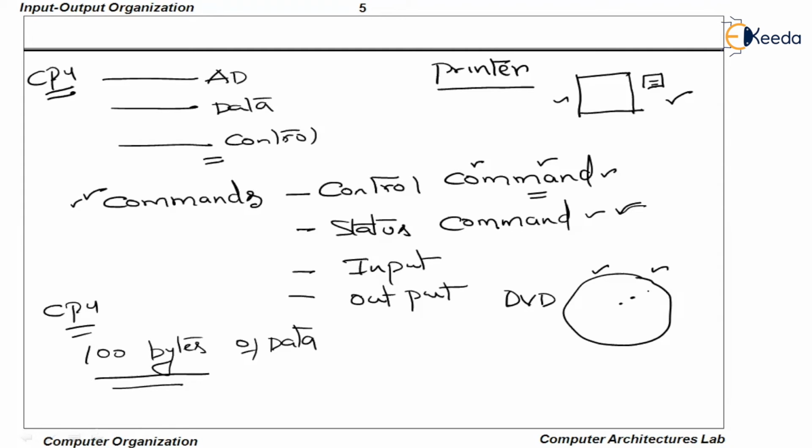By using those status commands, CPU will be able to understand if there was any error that occurred during the transfer. Okay, so that is what a status command is. A status command is going to give you the status of a peripheral device while it is being used. This status may record many of the errors when they occur, when the information is being transmitted.